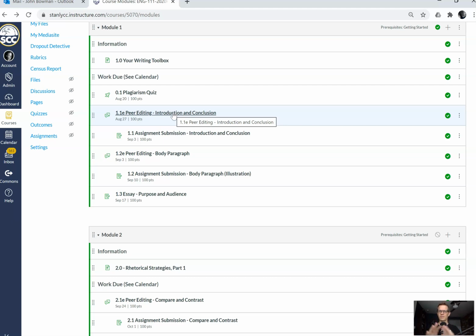Otherwise, that's where we've been. So you're working on your body paragraph. You should have your body paragraph this week on Thursday. That's for other people to look at and edit. Next week, you're going to hand that in to me. I'll grade that, give you some feedback, a little bit of direction. You're going to take all that feedback from all these assignments and you're going to build it into the 1.3 essay. Okay, 1.3 essay, purpose and audience. Again, a combination of all these things. You should be using your feedback. Don't just copy and paste it and dump it in there, and don't use any of the feedback, because then you're going to receive a very poor grade on this.